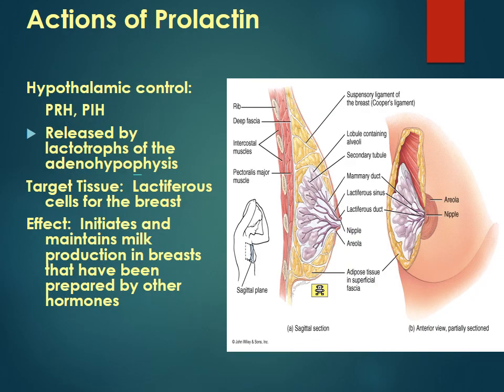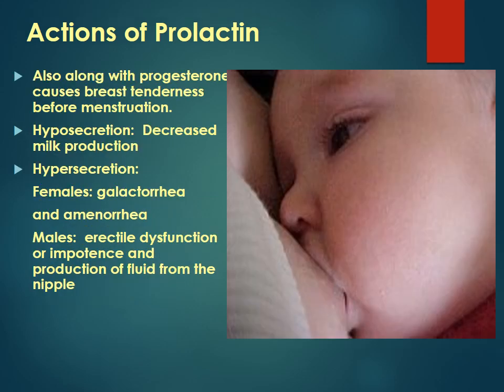Hypothalamic control, PRH, PIH, released by lactotrophs of the adenohypophysis. Target tissue, lactiferous cells of the breast. The effect initiates and maintains milk production in breasts that have been prepared by other hormones. Actions of prolactin, also along with progesterone, causes breast tenderness before menstruation. Hyposecretion, or decreased milk production. Hypersecretion, for females, galactorrhea and amenorrhea; for males, erectile dysfunction or impotence, and production of fluid from